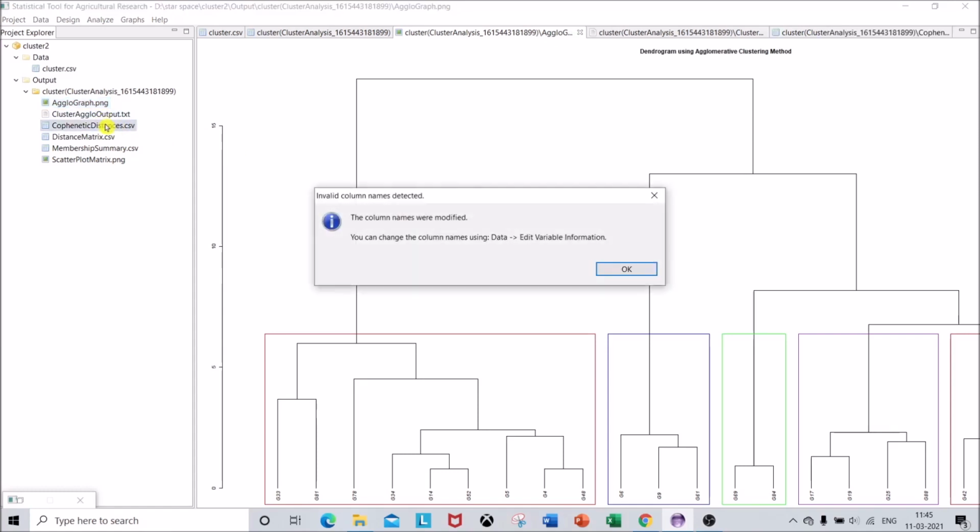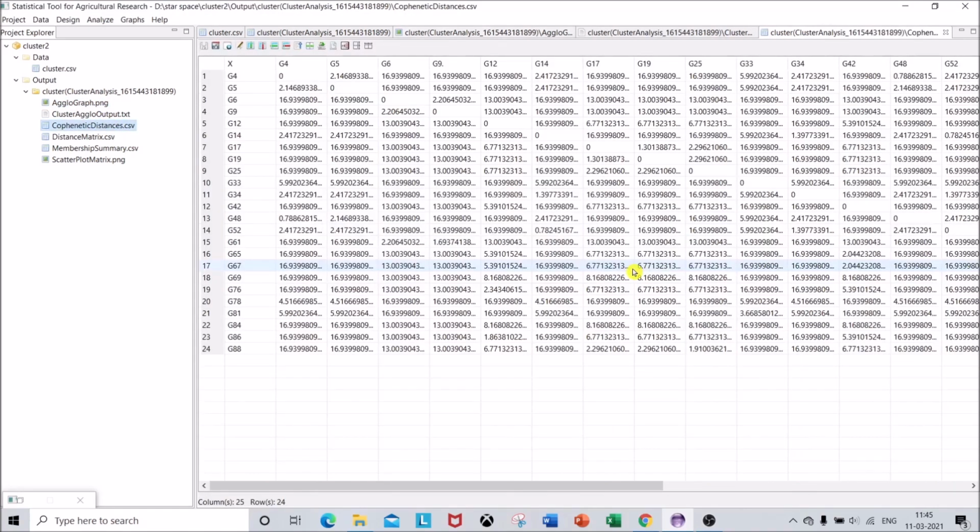Again you can also see the cophenetic distance matrix. This is the distance given for the height of the dendrogram, where, say, you have multiple branches accumulating into a single branch. So you can get those height variations here.